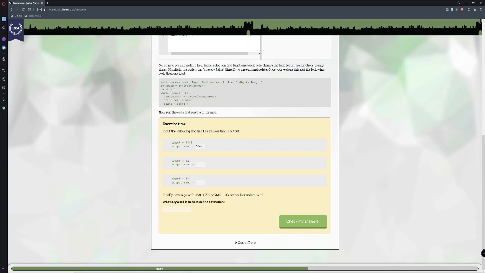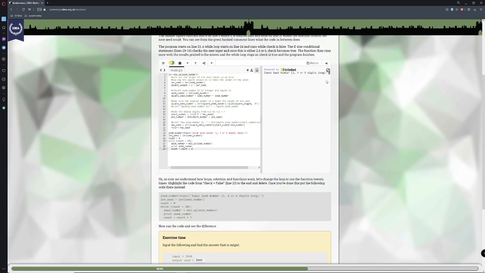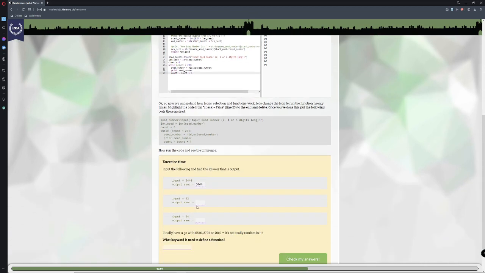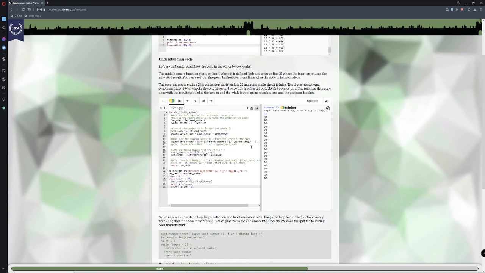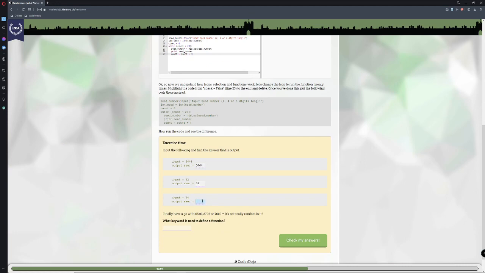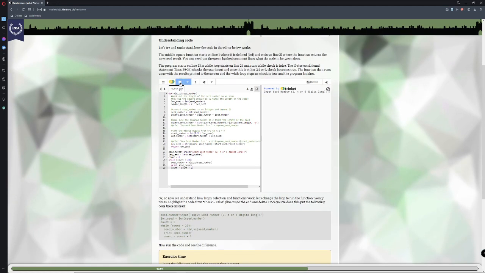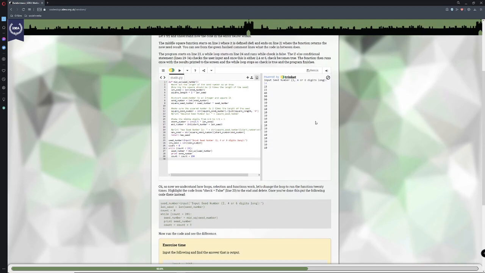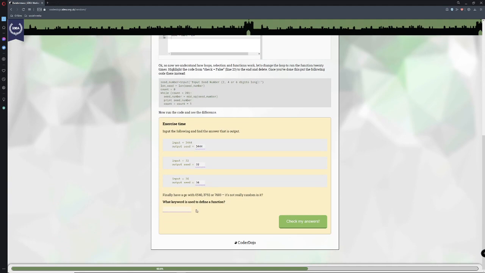Okay, and then it's going to tell us to do 32. So we'll do 32. And as you can see, we've got loads of numbers. We'll just go ahead and place 32 in here. That is our output seed as well. If this is wrong, then let's try this again. 34. Okay. Check.